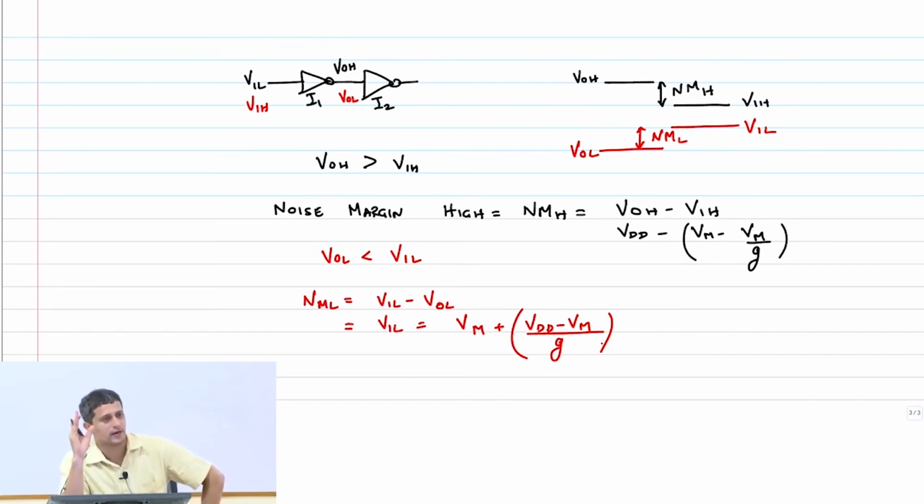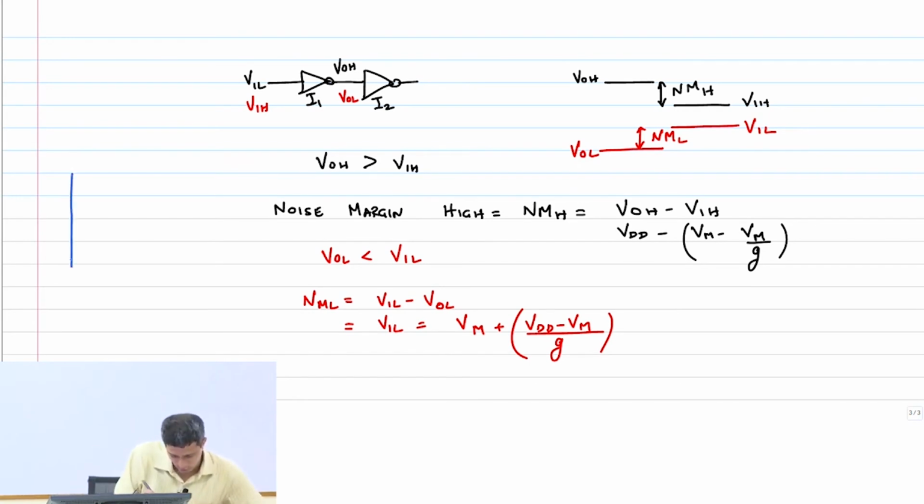Now sanity check, ideal inverter, what is G? Yeah, infinity. What should the noise margin be? On the high side, VDD minus VM, right? Because for the ideal inverter, the VTC is going to look like this,